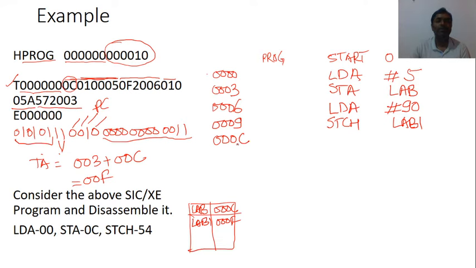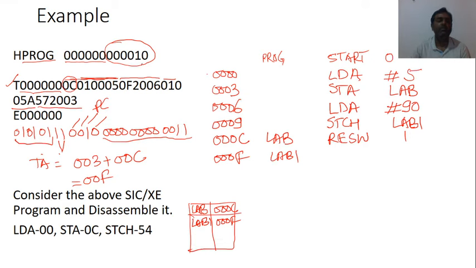Now at the address 000C, there is no object code here, and the size of our program is 10. And you can see here at 000C there is a label, lab. If I am reserving 3 bytes here, then our next address will be 000F. And at address 000F there is a label lab 1. Now I am reserving 3 bytes here, so I write reserve word 1, or you can write reserve byte 3.